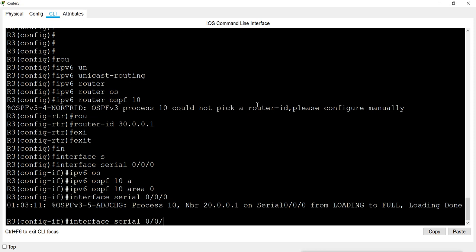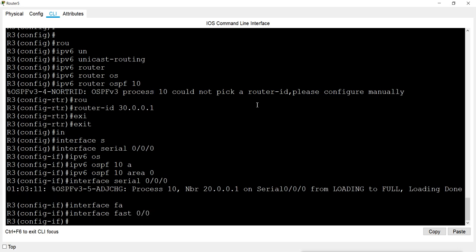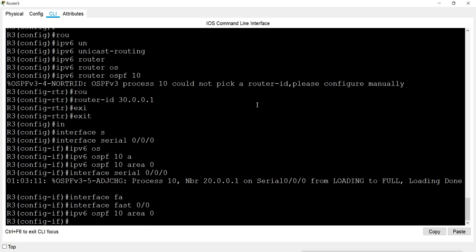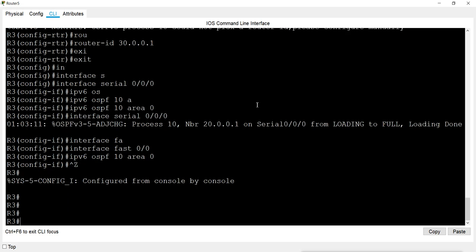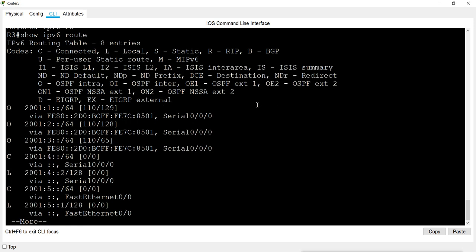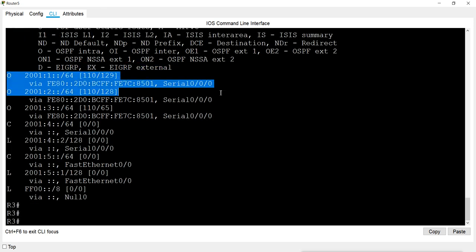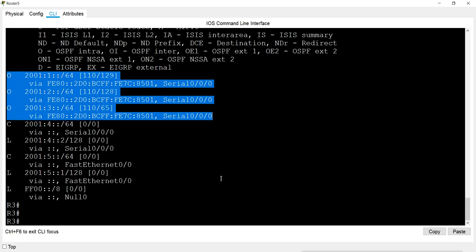Then I will go to the FastEthernet port, and again the same. Now this routing is also done. We can verify by giving the command show ipv6 route, and we can see that it is showing O as OSPF.